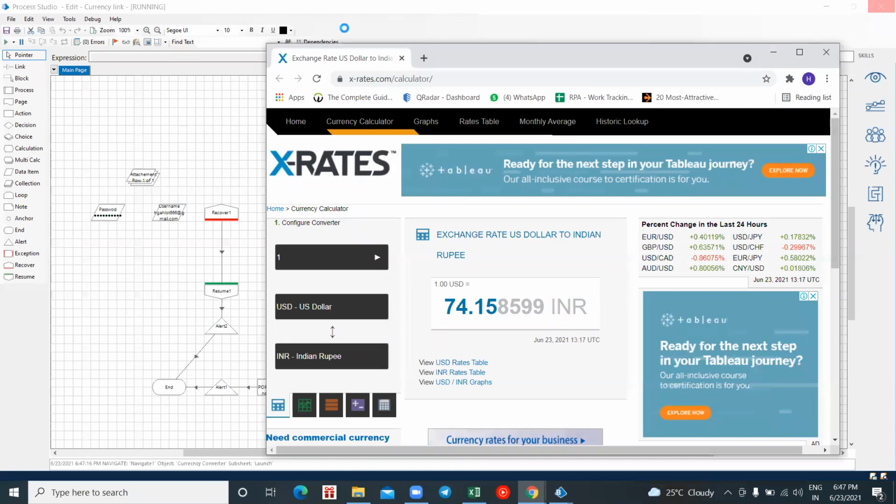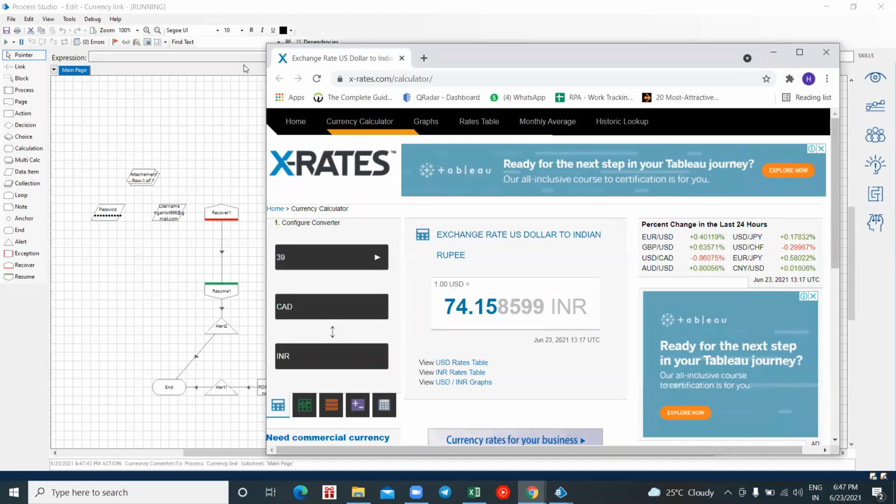Here you see it has launched my application. It is waiting here because the wait stage has been used. So here you see the initial value was 1 and now it is 39.